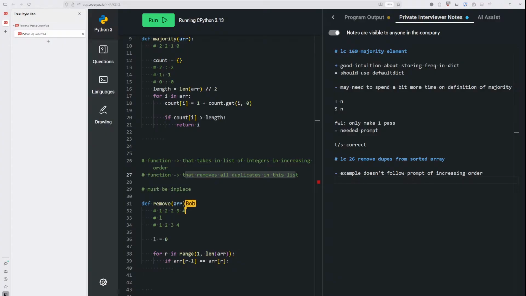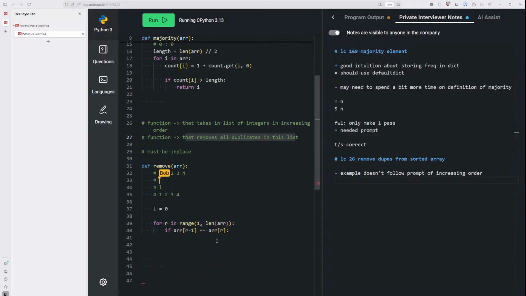If you're going through 1, 2, 2, 3, 4, you start your R pointer here, and then you check, okay, is this previous one a duplicate? And if it's not, you just move it up. If you do find a duplicate with your previous R,